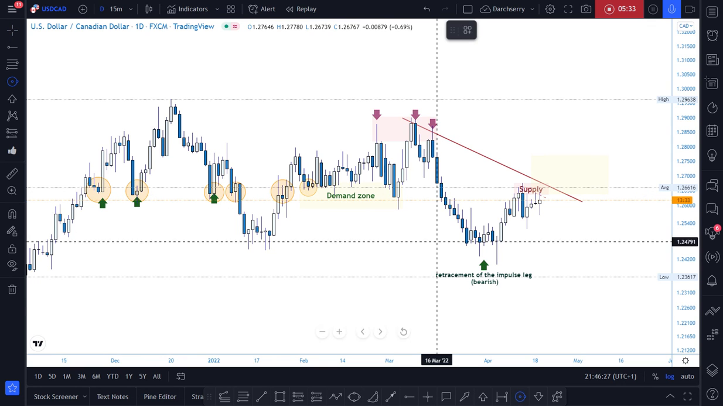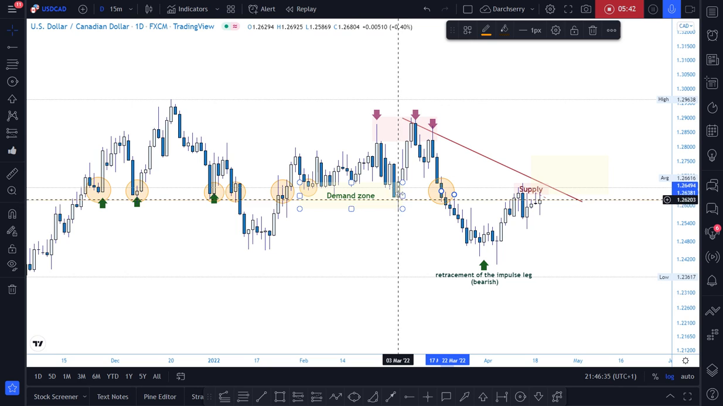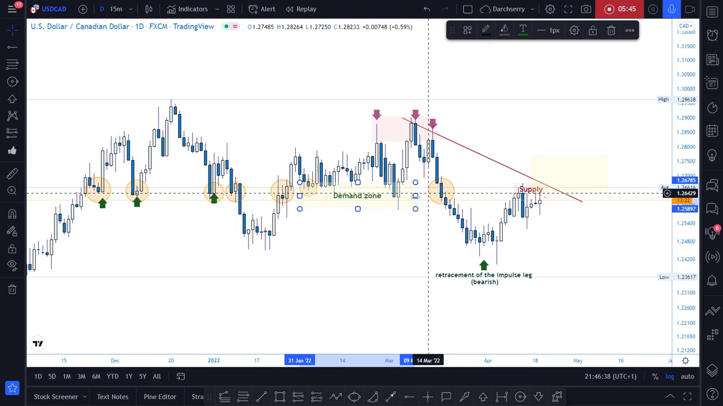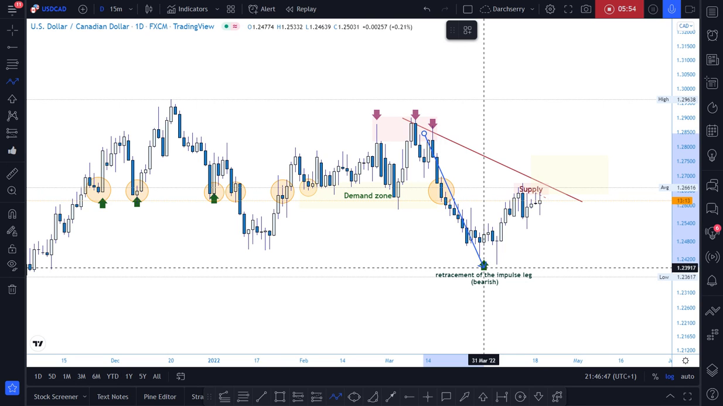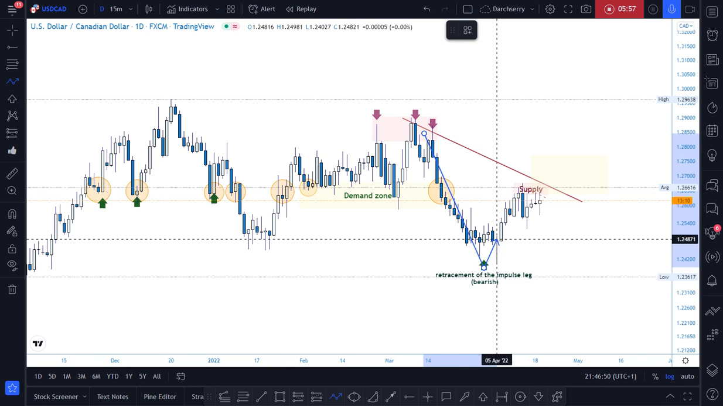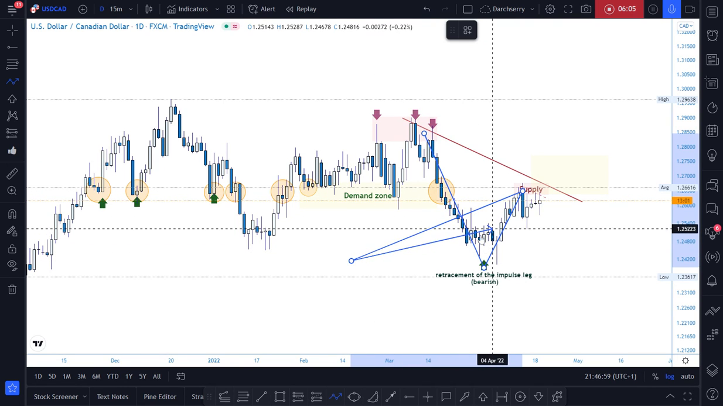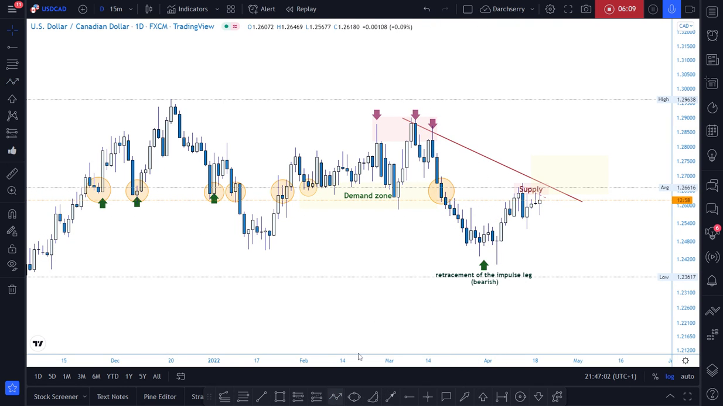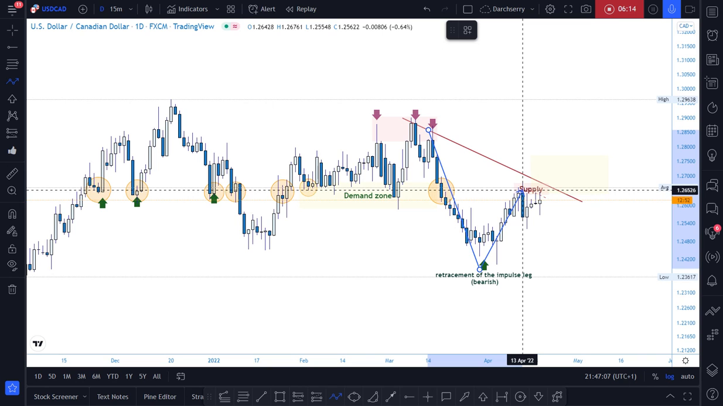And afterwards, in the middle of March, we had a significant breakout of that demand zone, which proves that buyers are actually not strong in this market, with this significant breakdown which sent price crashing down into the 1.241 area. And if you look at where price is right now, since that breakdown of that key level, price is right back at that area,